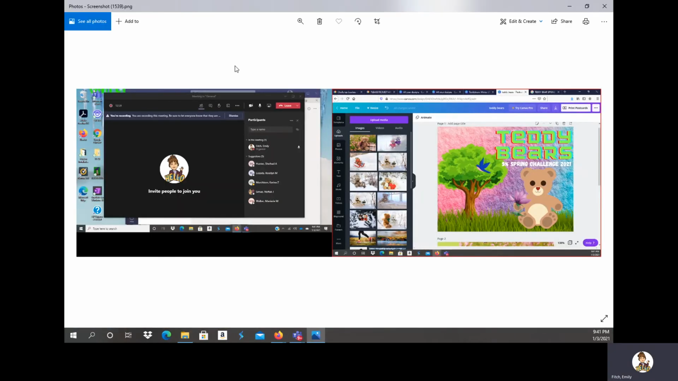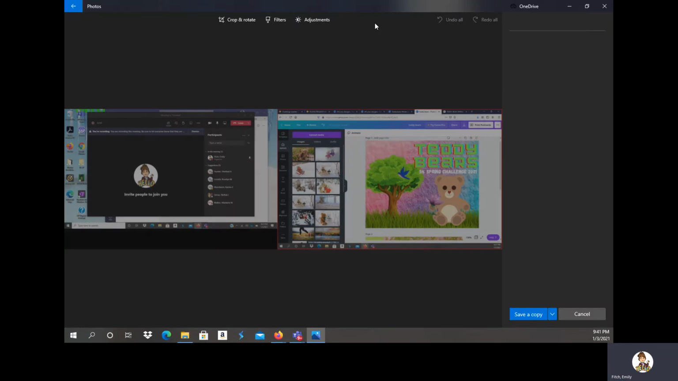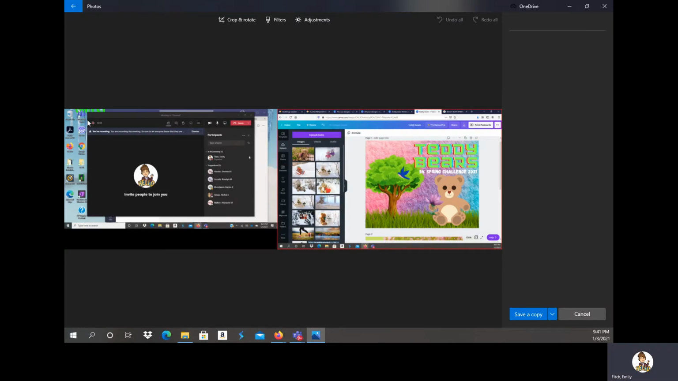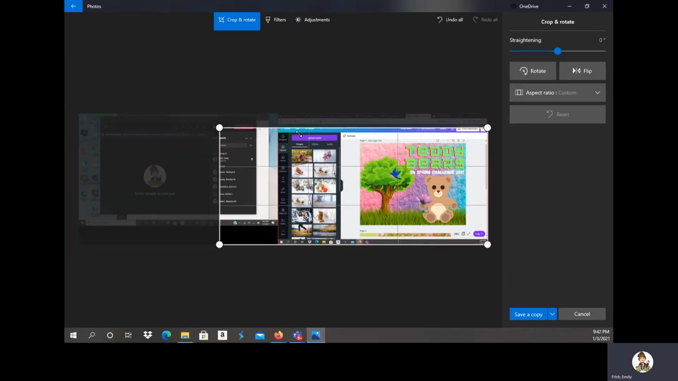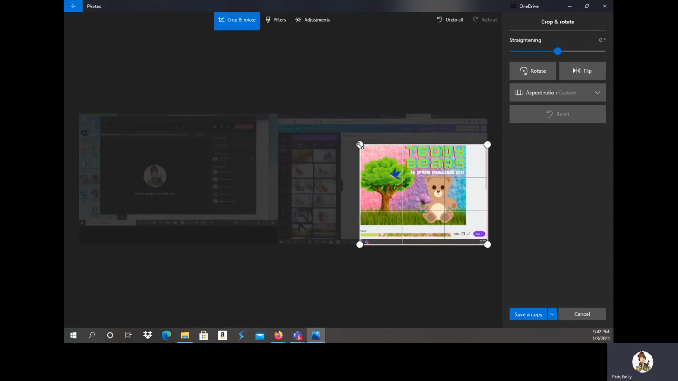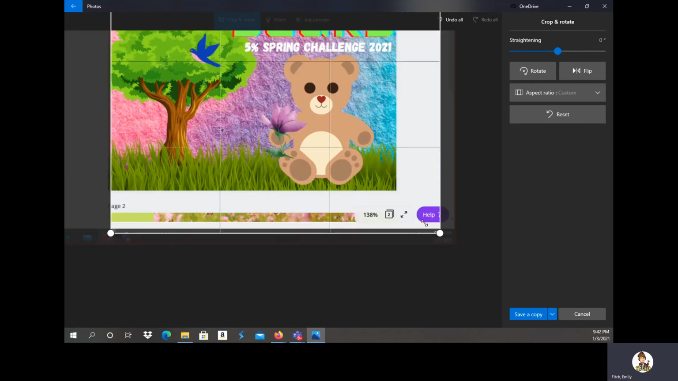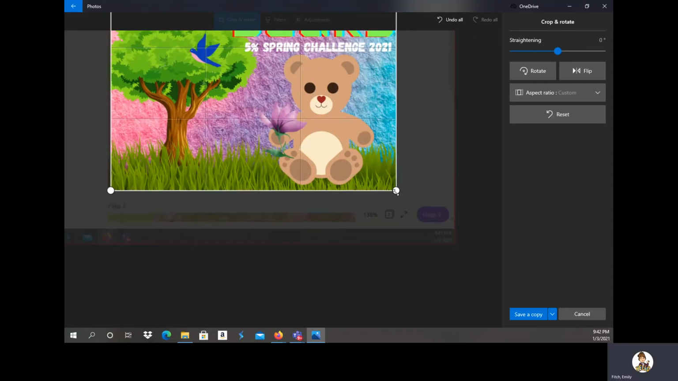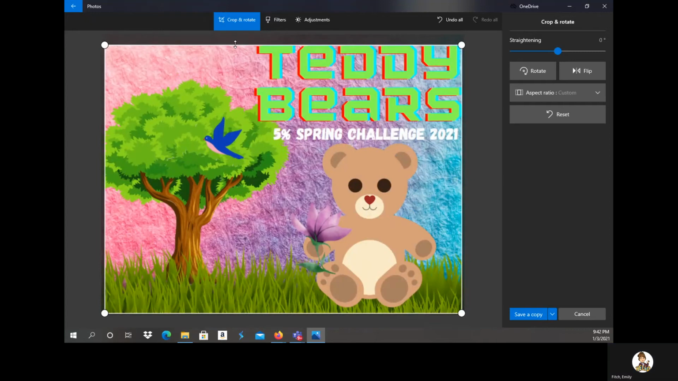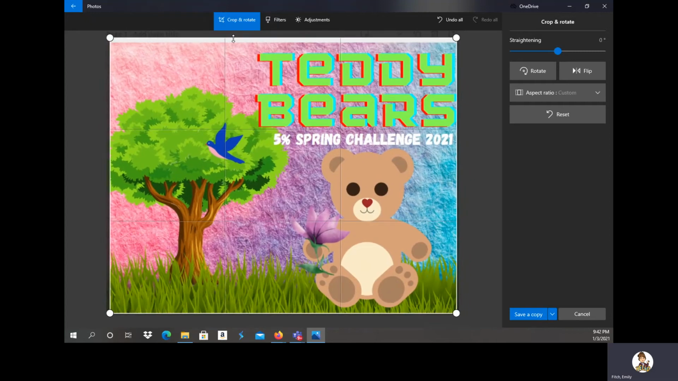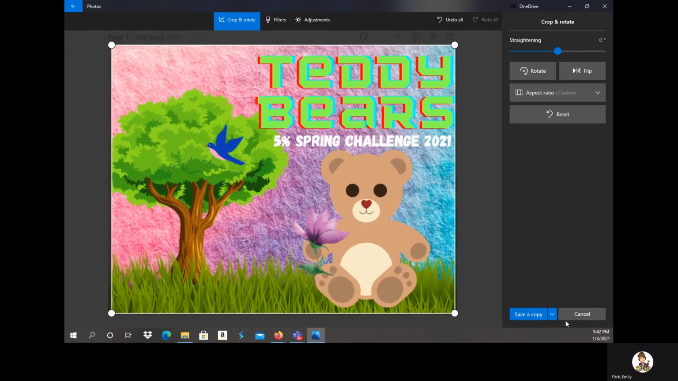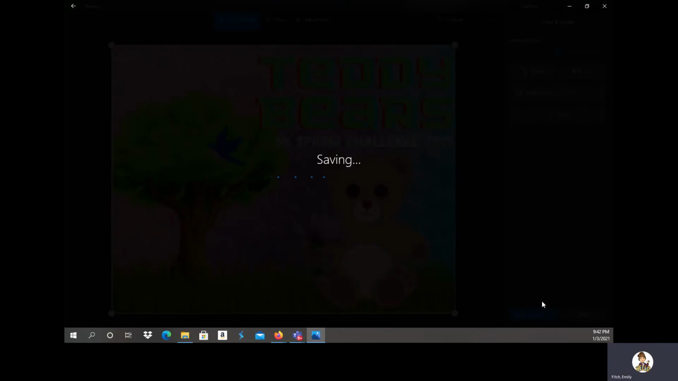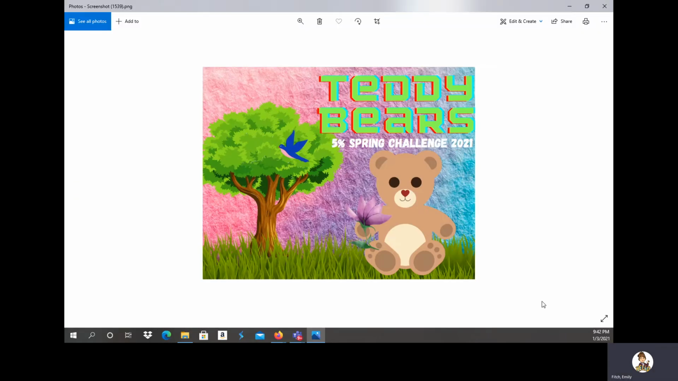Here it is. I cut this, crop it. All I want is this piece like this. And just make sure I have the whole picture. And I hit save. And there it is. Now, if I want to put this on Spark,